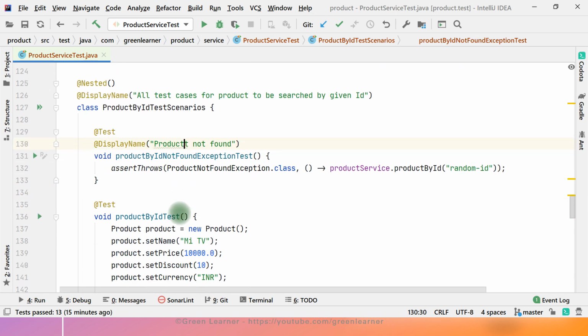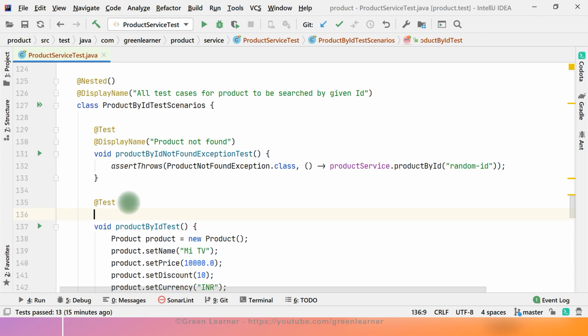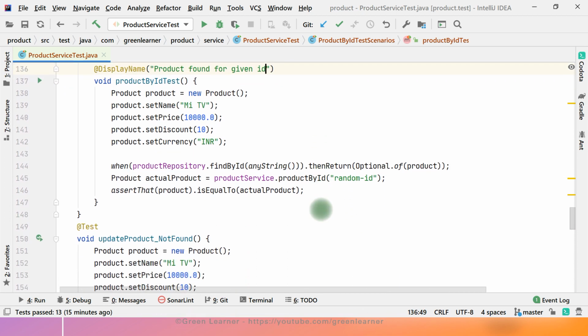Here, any relevant English sentence that you want to give specific to a scenario, you can give here. So product found for given ID, so it means this test case is being covered here.